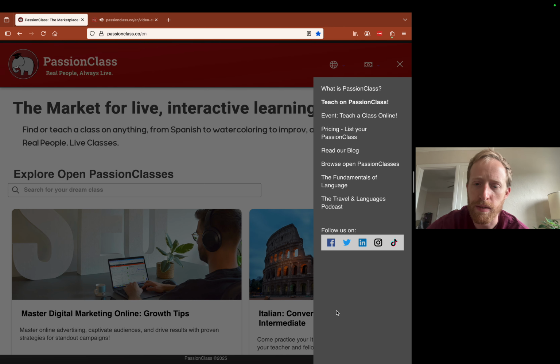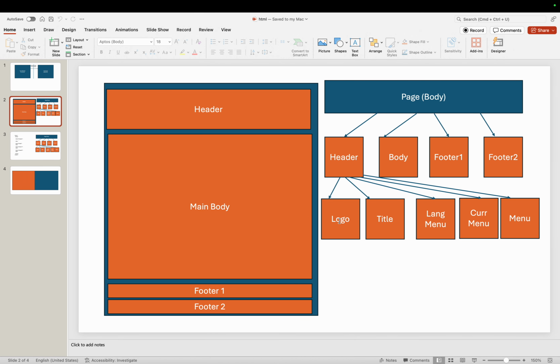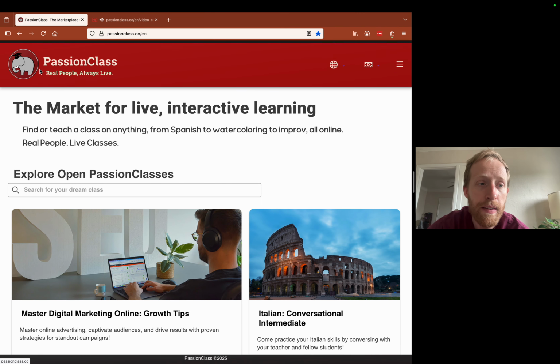You can see you can learn about other things going on. So that's the header. Let me check how I actually have it structured. I've got a logo element here, then a title element, which actually contains two things, a title and a subtitle. Then I have a language menu, a currency menu, and a full page menu.